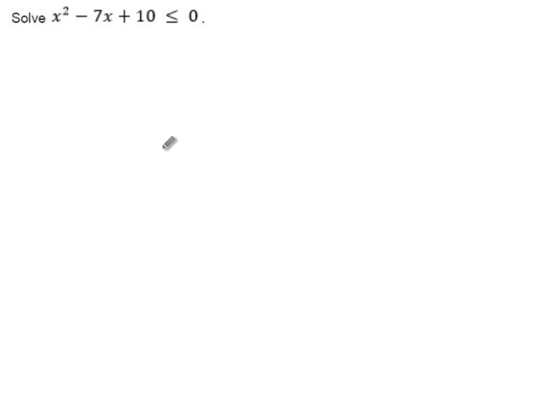Solve x squared minus 7x plus 10 is less than or equal to 0. All right. Well, x squared minus 7x plus 10 is a parabola that opens up, and it's got a couple of roots that are not too difficult to find. So there are graphical ways to solve this that could do it very efficiently, and you could be done in